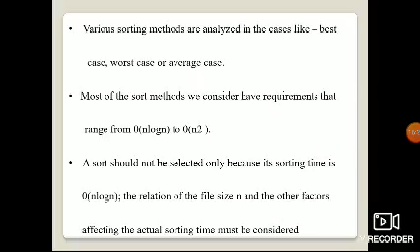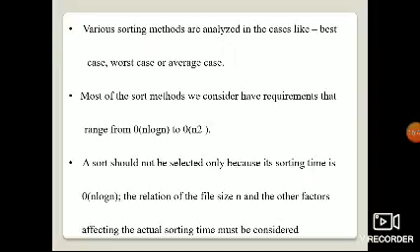Various sorting methods are analyzed in the cases like best case, worst case, and average case. Best case is when the algorithm can be executed within the minimum time.